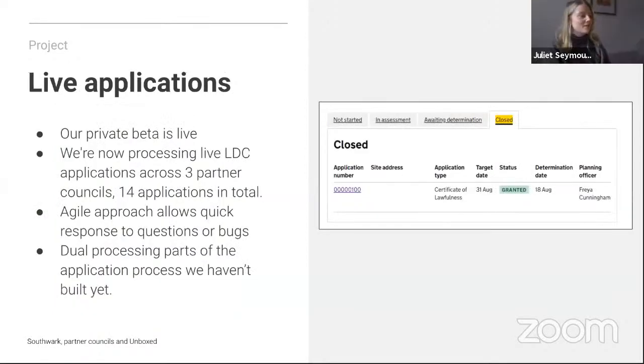Great, thanks, Ben. So for anyone who's not aware of where we are at the moment with the projects, we're currently in the private beta phase. And what that means is that the partners are accepting real LDC applications through Ripper, and then we're processing those on BoPS. And so far, we've received 14 applications through to BoPS across the 3 councils,